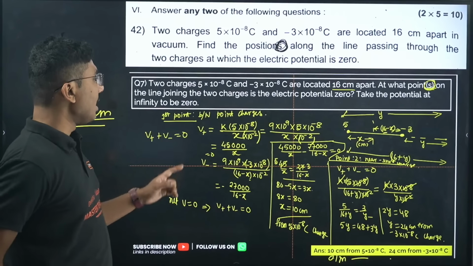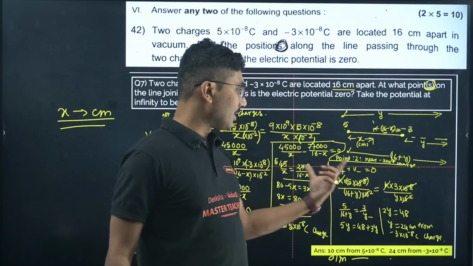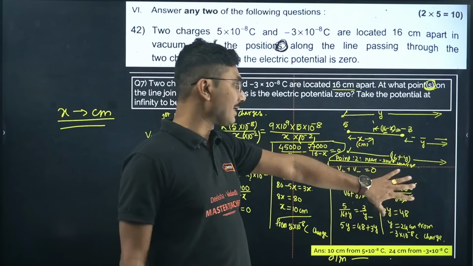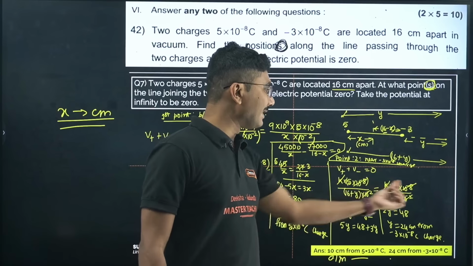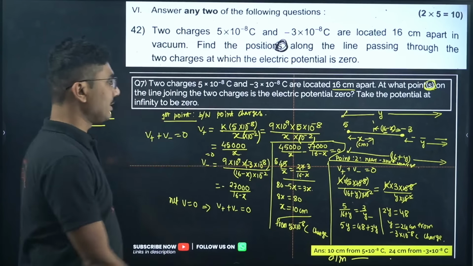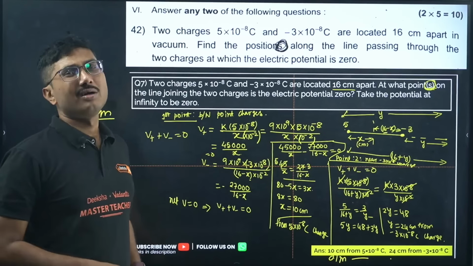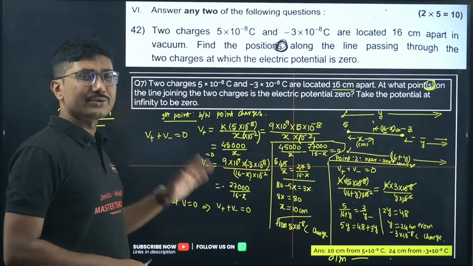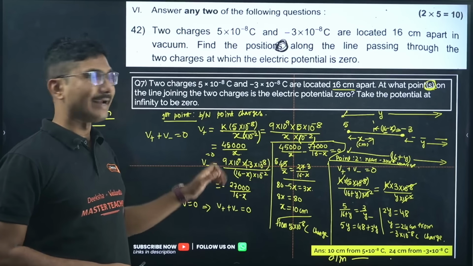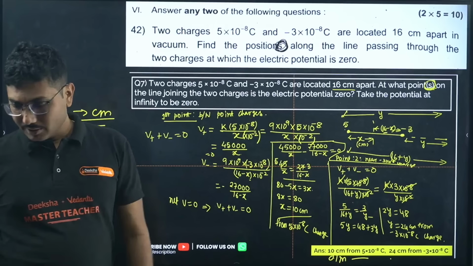Okay, if you have understood what is V plus and V minus. In fact, the method I used during this session was slightly long. In the second part I corrected it while solving the second part. If you write it directly, most of the things will be cancelled. You get a straightforward equation. Okay, this is a slightly longer method. I always tell you do not use the calculator at the beginning. Use a little bit of patience, use your head and try to cancel the values as much as possible and then solve it. Anyway,